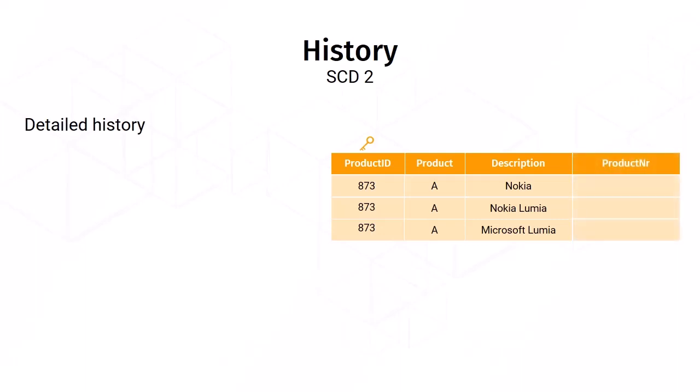But this can be resolved by making 2 changes. Firstly, by creating a new field in the product dimension table. That field will be called product number. In this field, the product number is the same as the one established in the operational database. Secondly, the key field is modified in the product dimension. Instead of using the product number in the key, it is amended to a product number plus a version number. So, for example, product number 873 now acquires the key